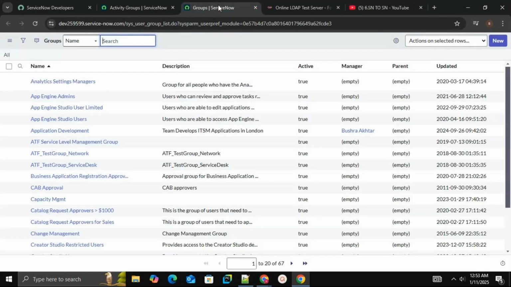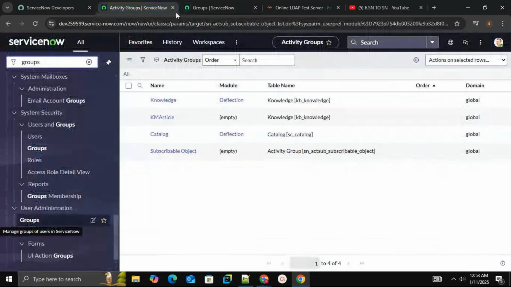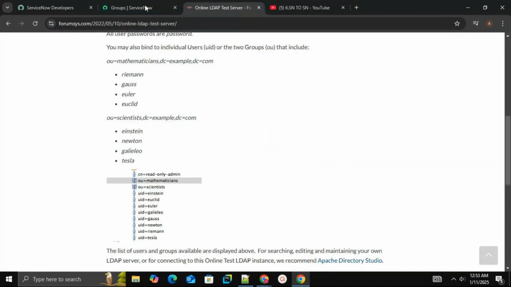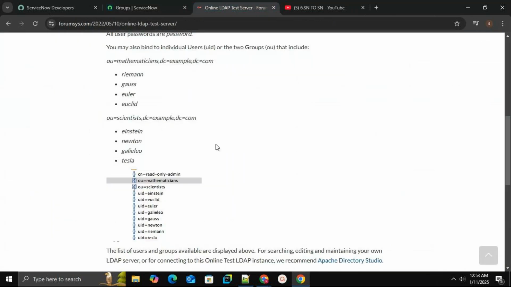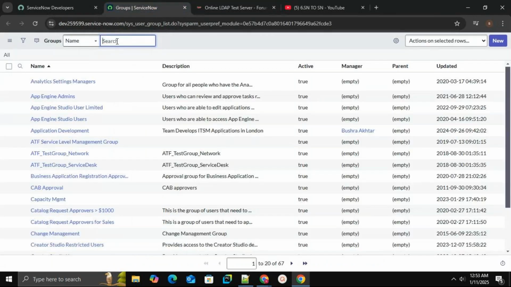And coming to our topic, we need to add the groups. So just open the groups. We have groups. Let me open this. Okay, so these are the groups. We have 67 groups as of now. Let me see this again. Go to your ServiceNow developer instance and create